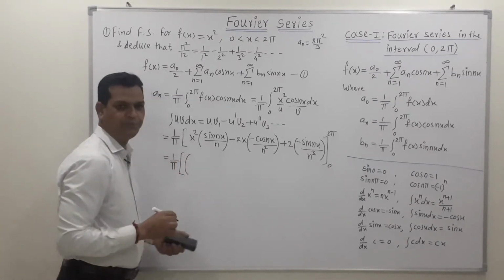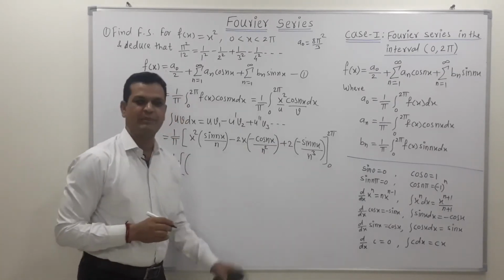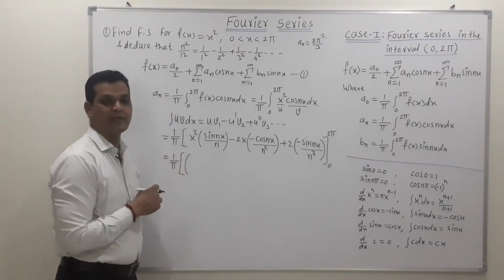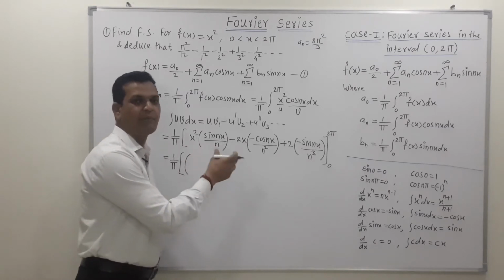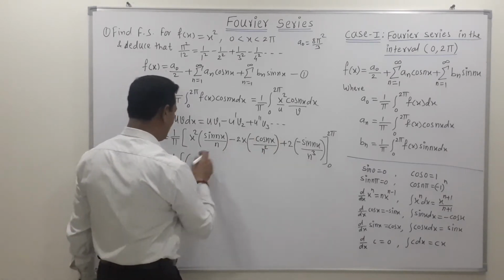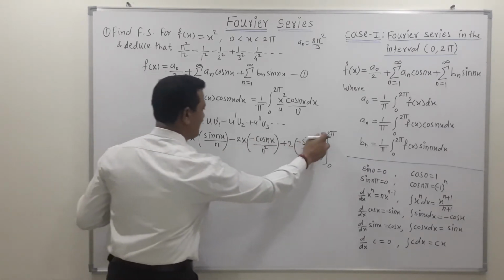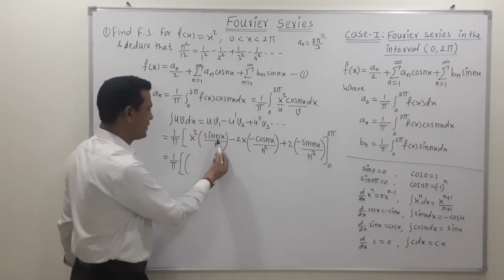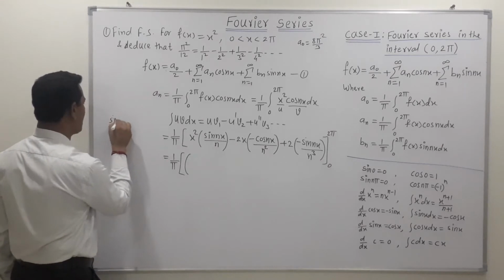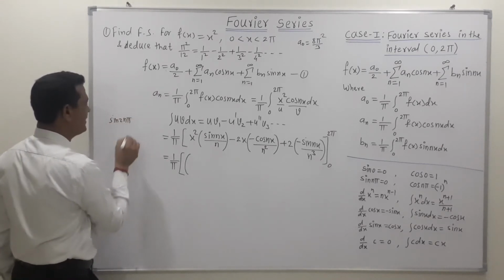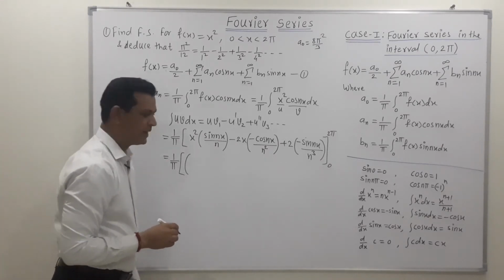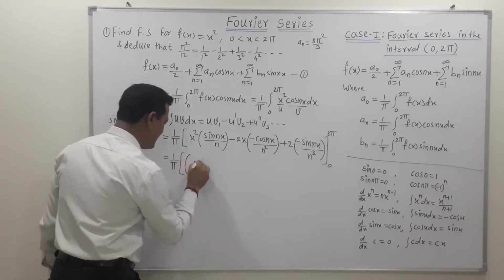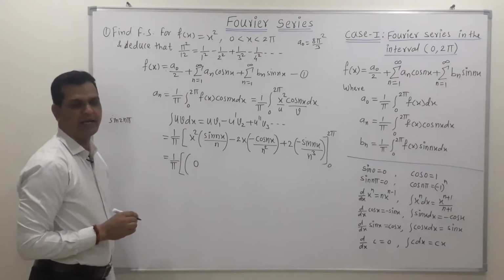So when we are putting the value of upper limit, try to put a circular bracket to differentiate between upper and lower limit. So for the upper limit, put one circular bracket. The upper limit is 2 pi. So here this value is sine of 2 pi. So we get this as sine of 2n pi if we replace x by 2 pi, and we know that sine of 2n pi is 0. That's why we directly put the value of the first term as 0.